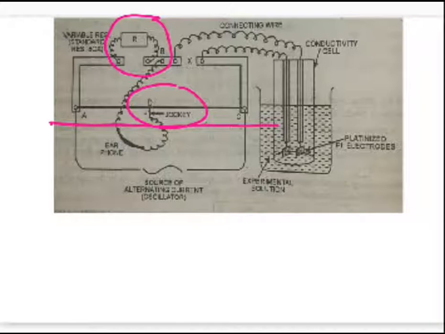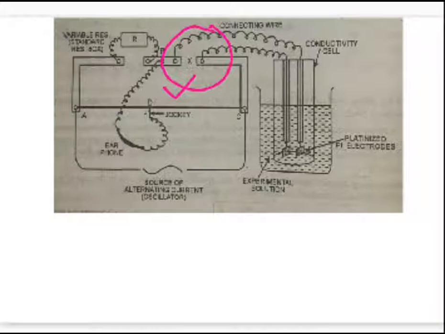As we have seen earlier in the galvanometer case, we were finding the null point deflection within the galvanometer. So here in case of the earphone, you have to find the point whereby the sound in the earphone is reduced to a very minimum, right? Say that point is D as shown here. Okay, so as soon as it approaches this particular point D, what is the next step? You are in a position to calculate the unknown resistance of the electrolytic solution. Which is the unknown resistance? This is the resistance X, whose value you need to find out, which is connected to the conductivity cell immersed in the electrolytic solution.